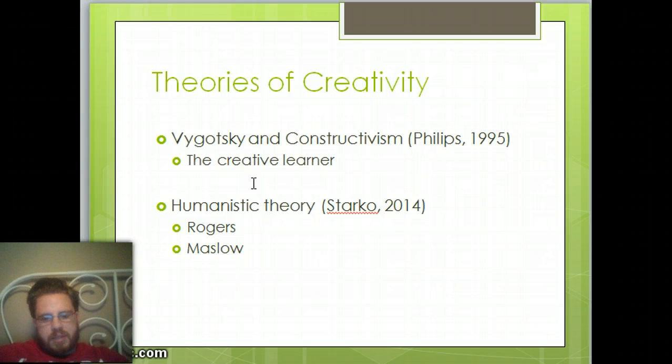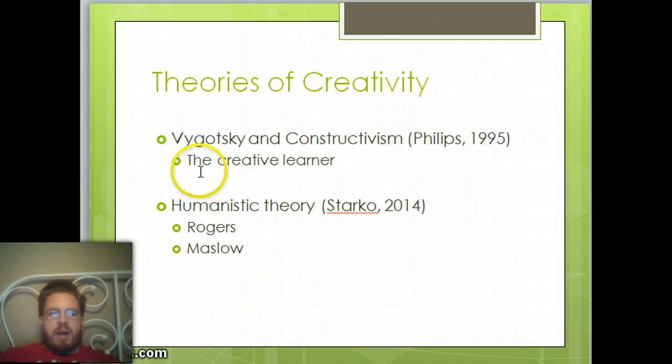And in constructivism, we conceive of each person constructing ideas themselves, not as information coming into the brain, but instead of them interpreting and giving their own personal meaning to learning experiences that's contextually specific for that person. And part of what's discussed in constructivism and Vygotsky is the creative learner. And one of the main tenets of how we learn has to do with how an individual gives meaning to their particular things, and in doing so and being able to give meaning to things, one has to be creative.